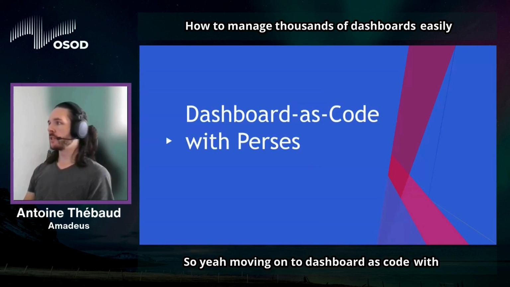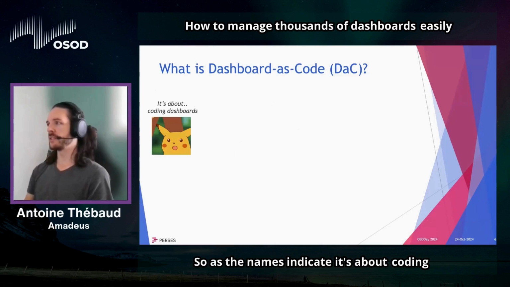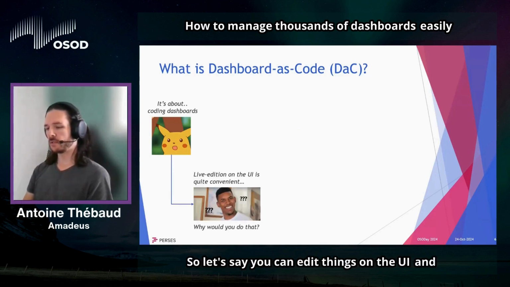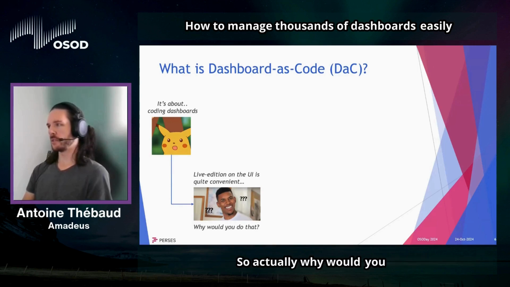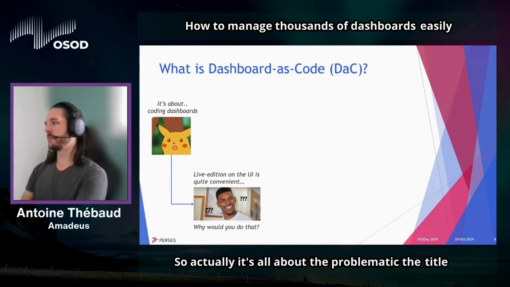So moving on to dashboard as code with Perseus. So maybe to start with, dashboard as code is a concept you are not familiar with. So what is it? As the name indicates, it's about coding dashboards, of course. But actually, we are talking about a visualization tool here. So you can edit things on the UI and have direct feedback of the changes you are doing. So actually, why would you go through this as code approach? Why would you have the pain to do that? So actually, it's all about the problematic,